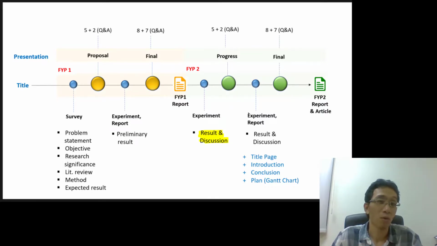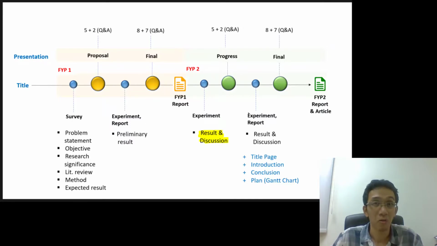Some of you might work 24/7 in the lab, sleeping in the lab, and think, why can't I share all my results in the slide? To answer that, please ask yourself, for what purpose do you put that result? Do you put it because you want to show the examiner that I'm doing a lot of work?